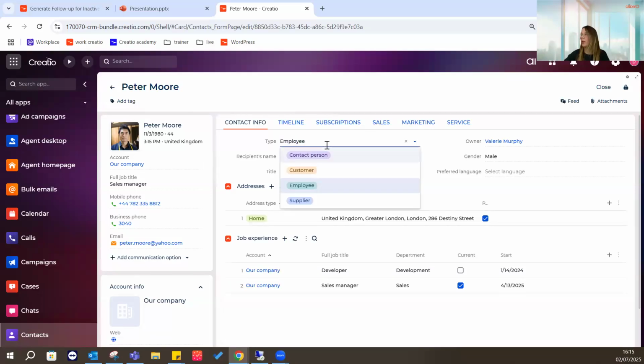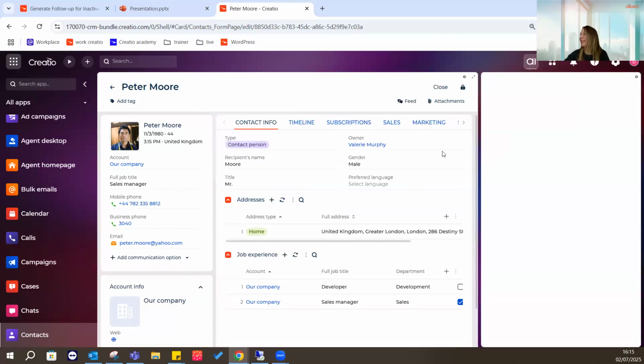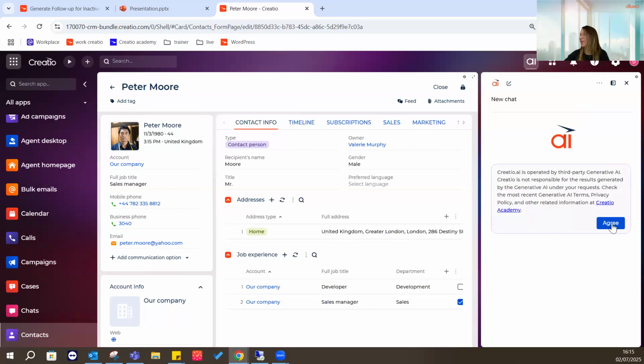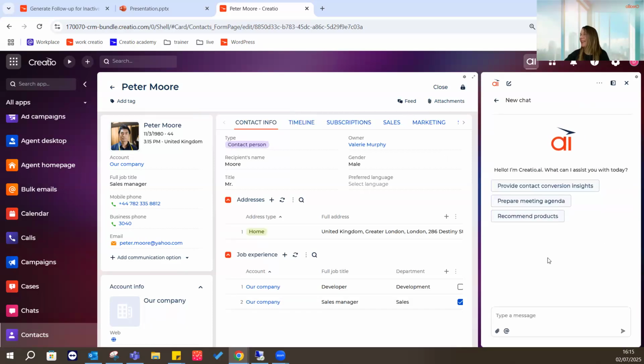First, let's see. I want to go to contact person. I'm just going to change his type, as I have sufficient permissions to do so in this environment. Let's see. I'm going to go to the chat. Perhaps we could ask, could you check for